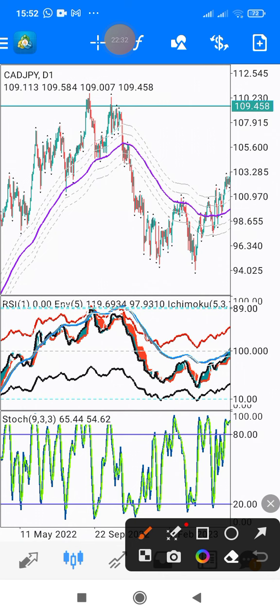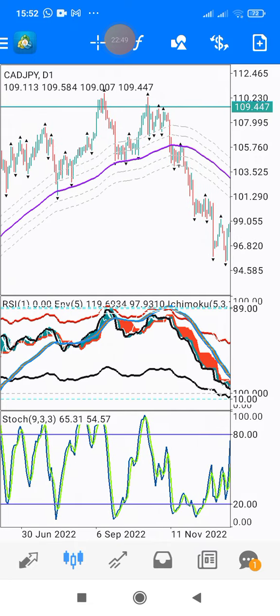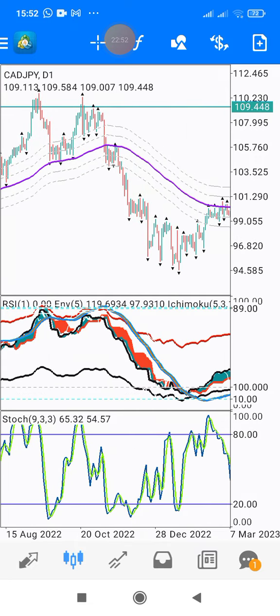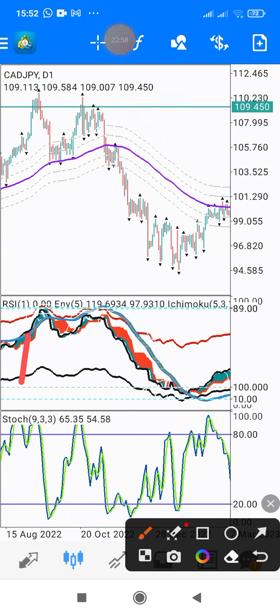When they meet, we are not supposed to enter. We are supposed to wait and be sure that this market is changing direction completely. Then the next thing, there will be change in the color of Ichimoku. You see, this color is different from this red one. That light green, and this one is red. When there is that change, and also alligator cutting across the envelope,